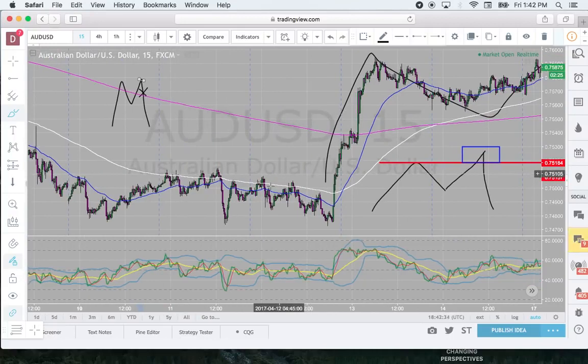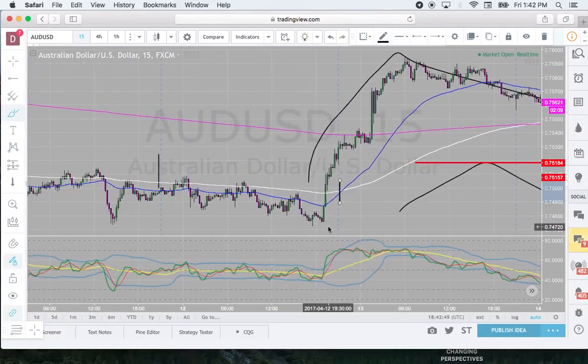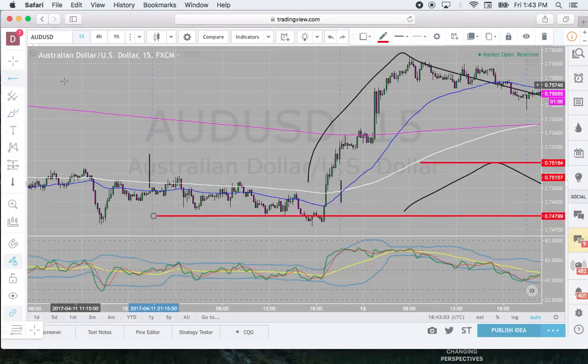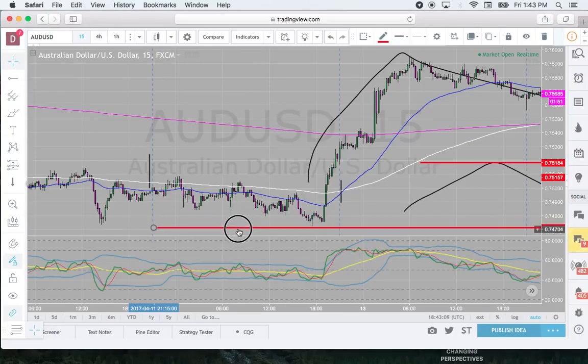Okay, so we can see right here's a perfect example. Here's the beginning of the day. Here's the end of the day. Okay, market makers or the dealer came down and he created the first leg of the W off of the low of the day. We can see there was a previous low right here, right? And then the dealer came off of that low, broke that low, and then created the new low